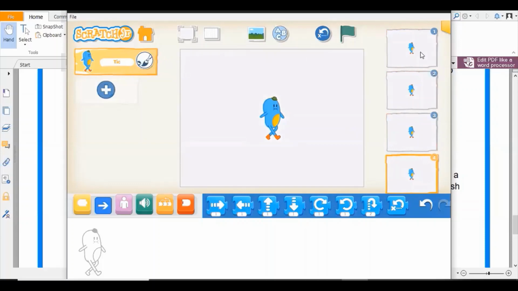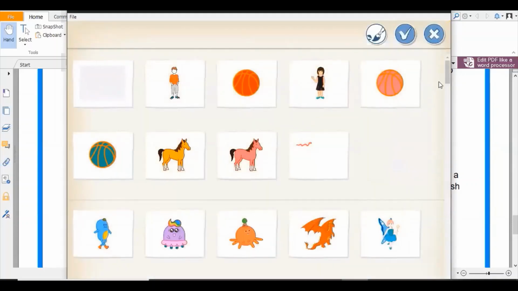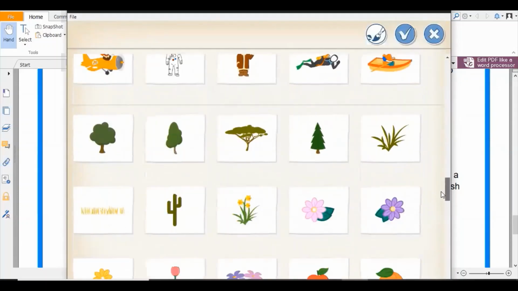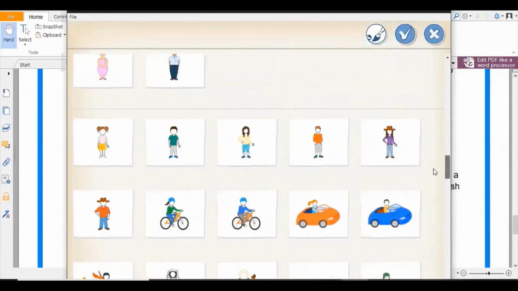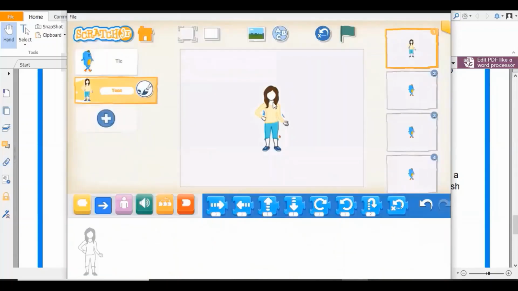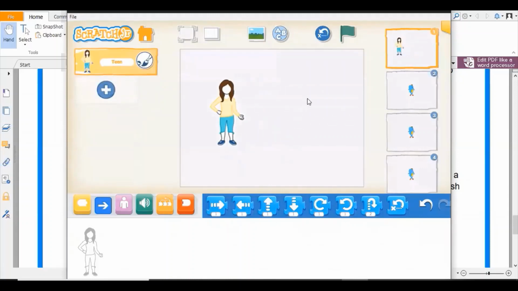If I want to, I will take my first page. If I want to add a character, what I do is, I will click here on the plus sign. You can see there are different characters. Whichever character you are interested in, you can just pick any character from here. So you can see here I have my second character. Now what if I don't want this first character? How do I delete it? Simply press the mouse. You will get this red cross. You can delete it from here. So this is how you delete a character from the stage.